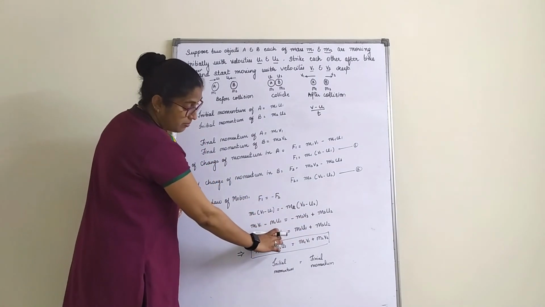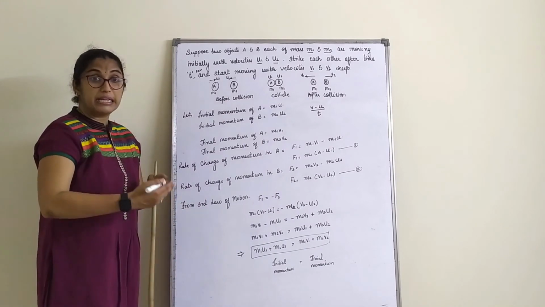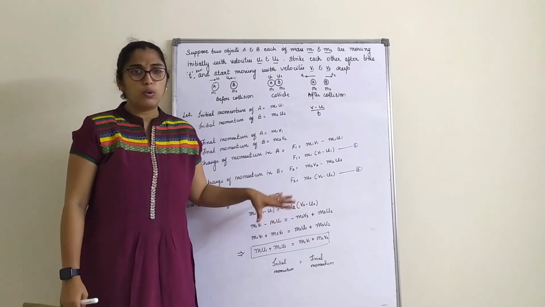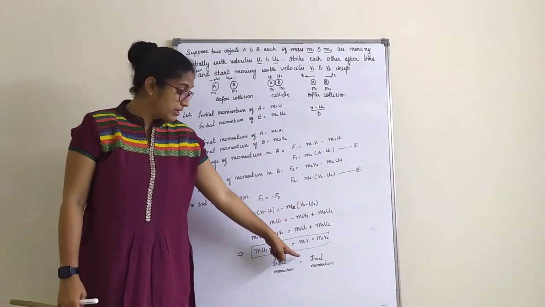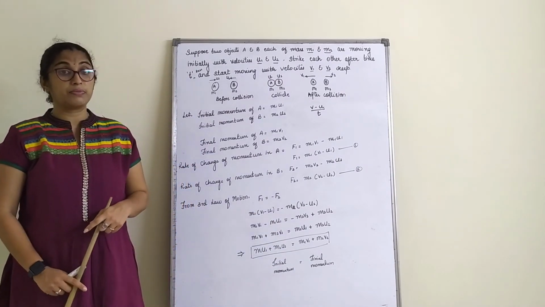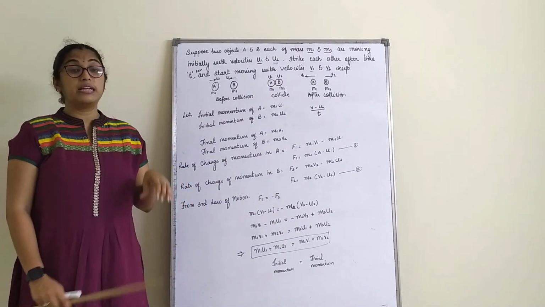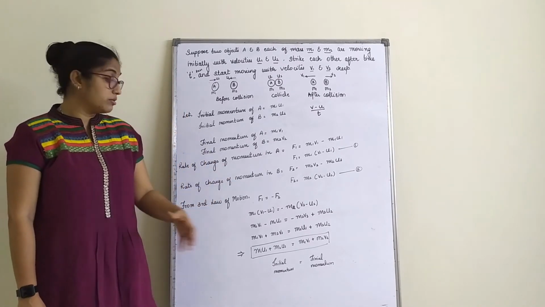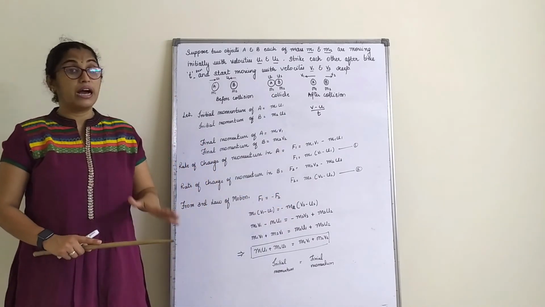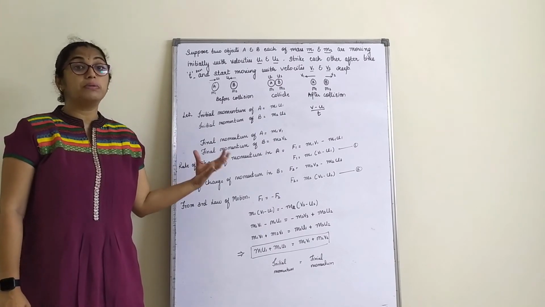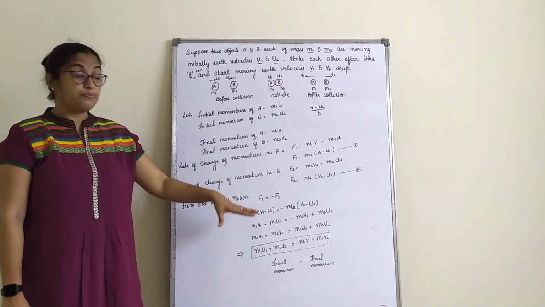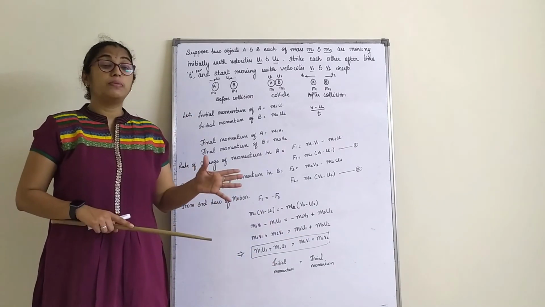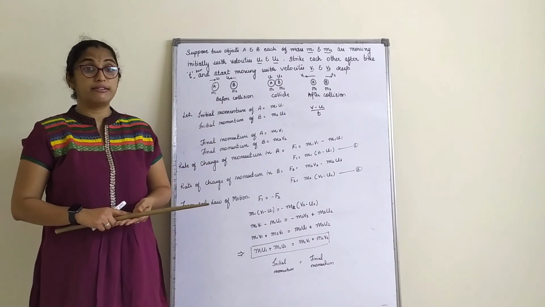So this is about final momentum. This is about initial momentum. Let me just rearrange and write it. I wrote this here and this here. Equal to is there only. So initial momentum is equal to final momentum. Therefore, this derivation tells us that the initial momentum of an object before collision is always equal to the final momentum of an object after collision. There are many numericals on this chapter based on this derivation, initial and final momentum. Now, as I have told, all the numericals will be done once we start with our regular classes.